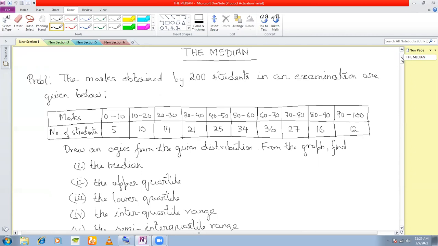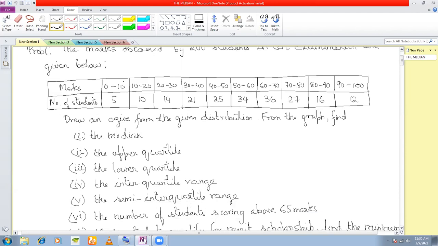Now I will not complete this question today, but I'll give you a brief outline of how to start it. Whenever you get this kind of question where class intervals are given and you need to calculate the median, you must first see whether class boundaries or class limits are given. If you see here, all these that are given to you are class boundaries,